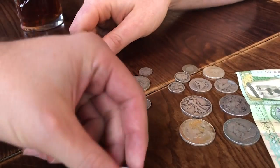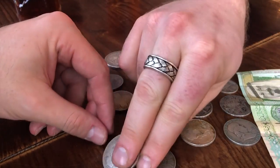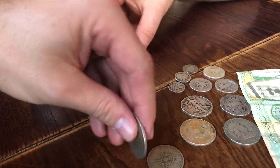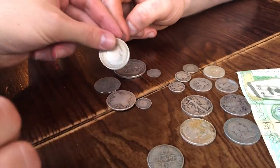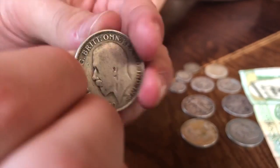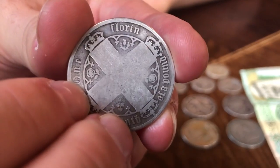Yeah. Okay. And these are 90% silver, but these are all sterling silver, except for these two, which are 50% because they're older. So sterling silver is 925, yeah? Yeah. So this is a 50%er. What is this? That's a half crown. Okay. And that's a florin. Woo! Look at that, guys. And then you've got another florin, but this is an older one. It's a bit beat up. You can't see the detail on it, but that is...